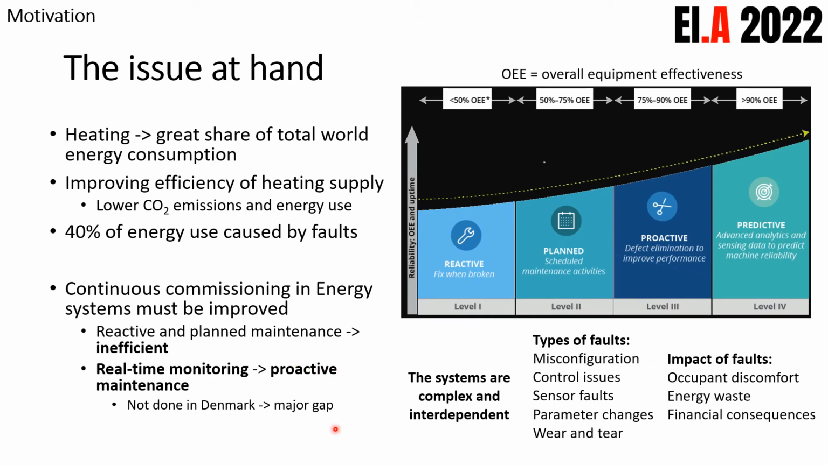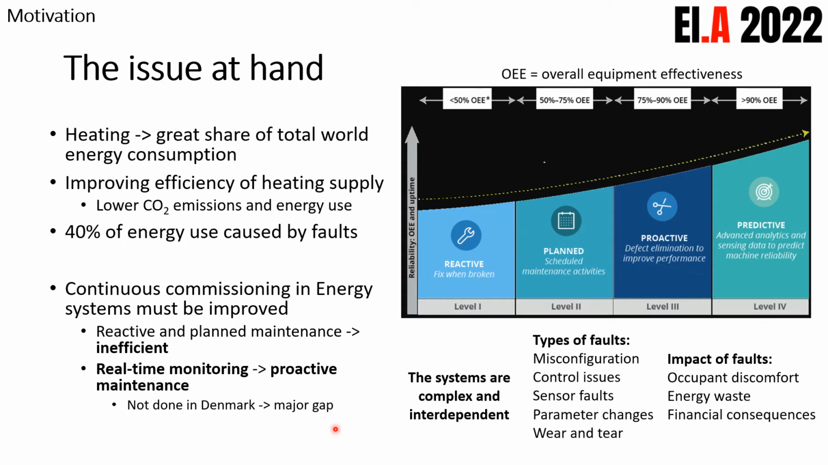So, the big issue we have in the world is too much energy consumption and too much CO2 emissions, and heating plays a big part of this. Heating is a great part of the total energy consumption in the world. So we want to reduce it and increase the efficiency of the heating supply. In Denmark, a lot of the heat is supplied by district heating, which is then the focus of this paper. So we want to improve the efficiency of this district heating system to lower the CO2 emissions